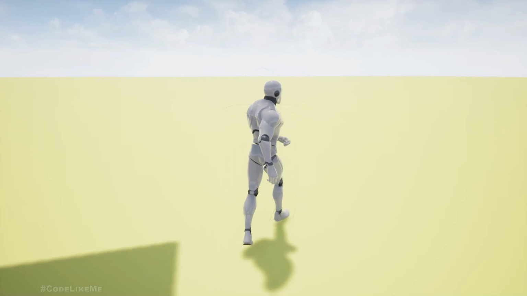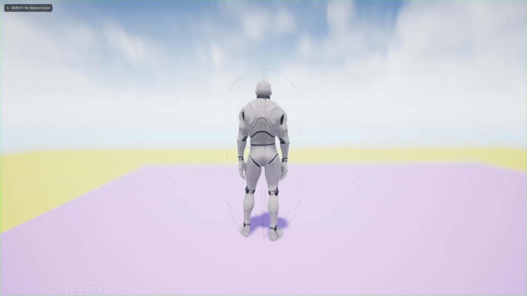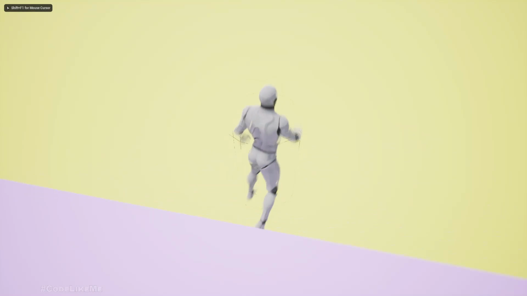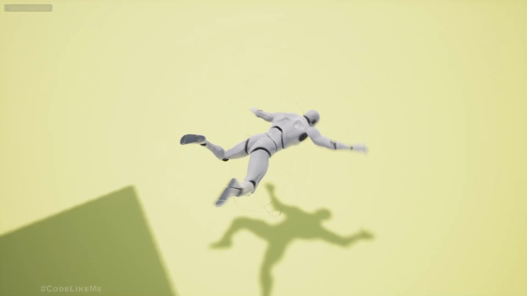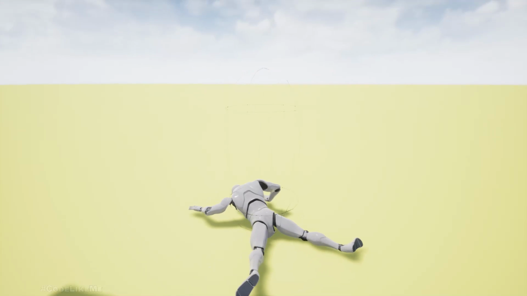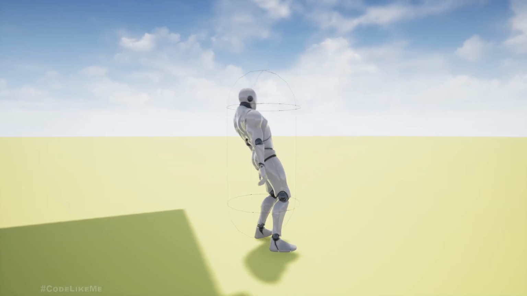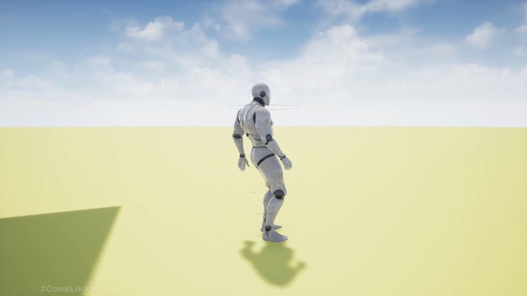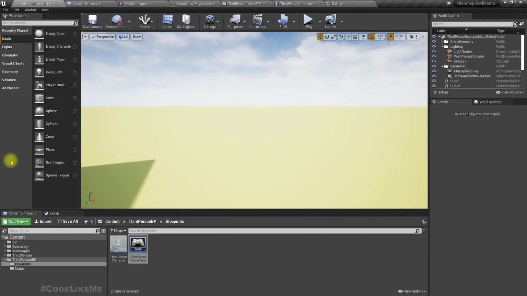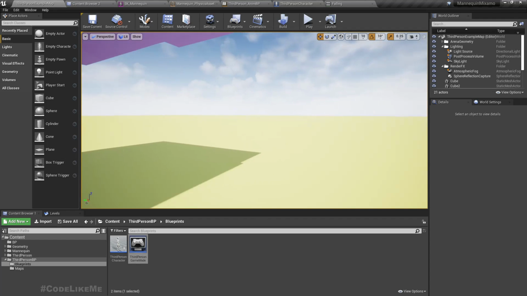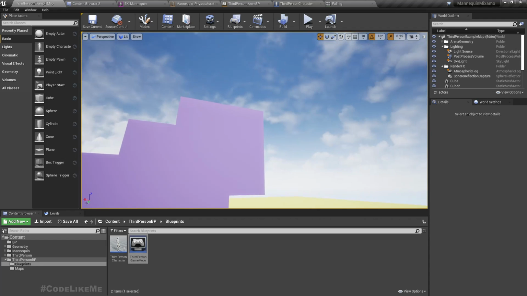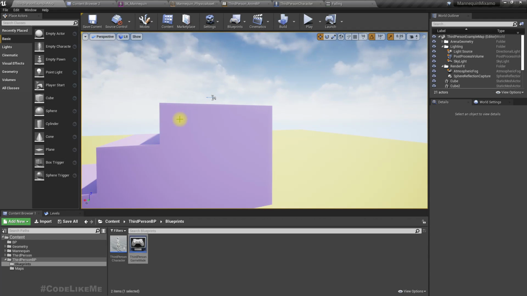Alright, and also while we are standing up, we should disable movements. It's not moving actually because we have enabled the root motion, so not a problem. Alright, so I'm gonna stop this episode right here. So in another episode, let's see how to use the ragdolls and how to enable and disable it to properly make it work.